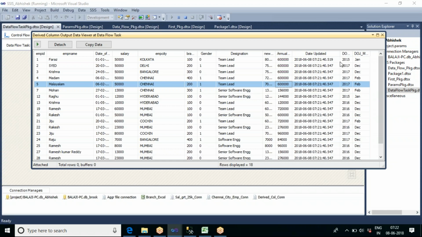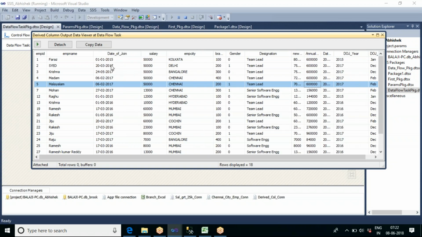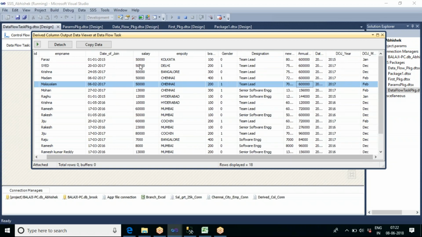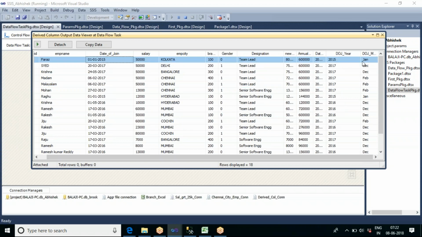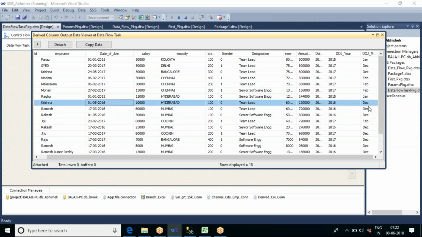Now you can see the joined year, 2015, 2017, that was also showing up here. And if his month is 1, then January, and if his month is 2, then February, like this we are showing. For all the remaining ones we are showing the else part, that is December, that's why it is showing like this.